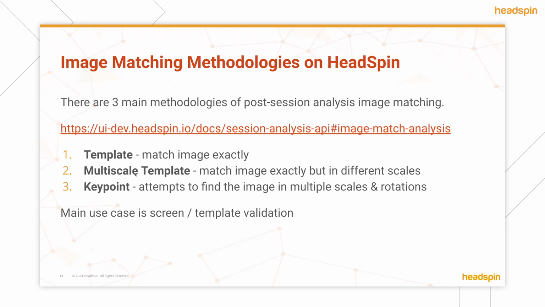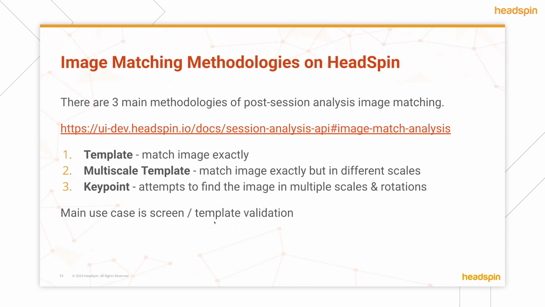Multiscale will look at different size references for the same image. However, at different orientations, it will fail. Key point analysis will look for the referenced image in really any orientation or scale. Just if that image manifests itself in that time period, you will get a return back. Now, for all of these